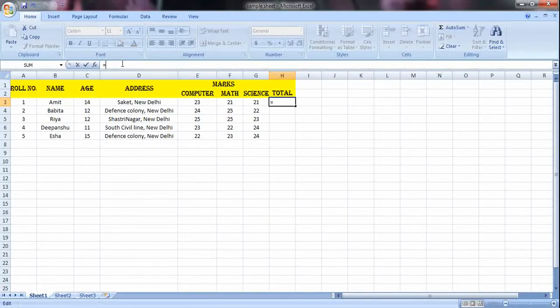After is equal to, just simply write 23 plus 21 plus 21 and then just click enter. So you get the total of the three subjects. Now when writing the formula, it is always advised to write the cell address rather than writing the numbers.